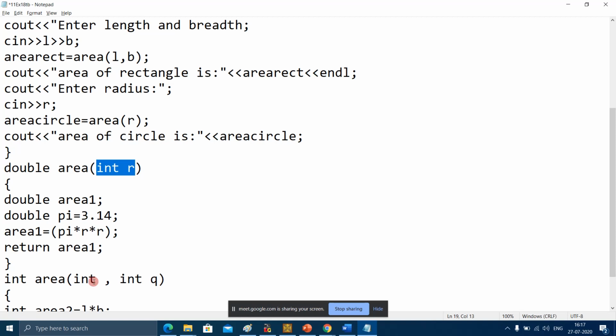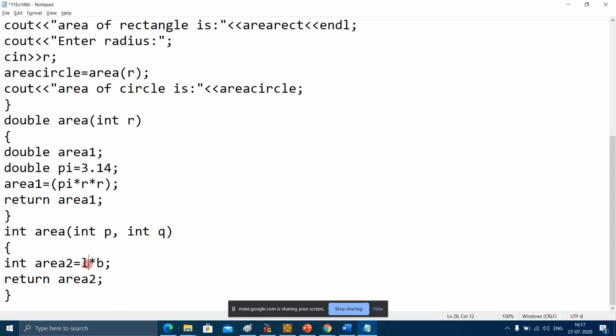No other function can access it. If I take P and Q here instead of L and B, then I will have to specify P and Q. If I take L and B here, then it should be L and B. So let us stick to L and B as given here. I hope it's clear to you what pass by value is.